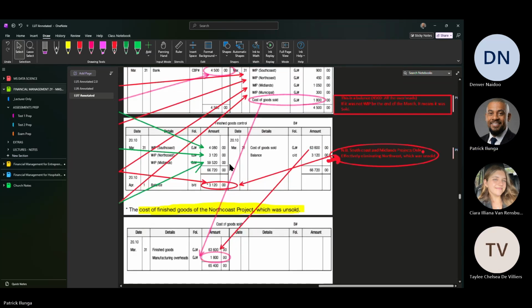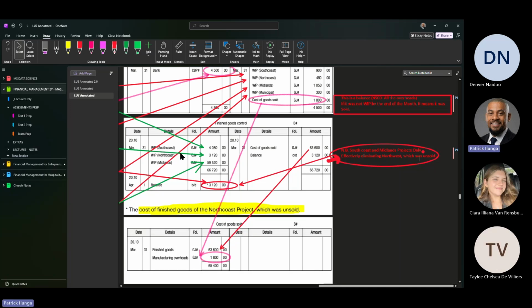I know it might be slightly confusing here, but you remember we were talking about two projects that were completed. You remember? South Coast and Midland project. And you will see that all their work in process are here. But the one that we have to remove and eliminate is the North Coast because it was unsold. So we add up all the finished goods on the side. We add them up